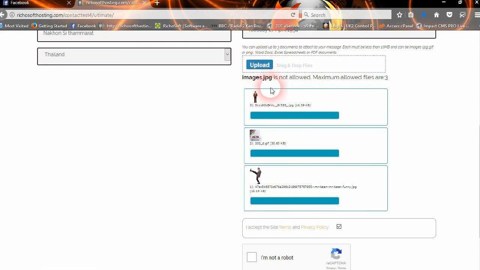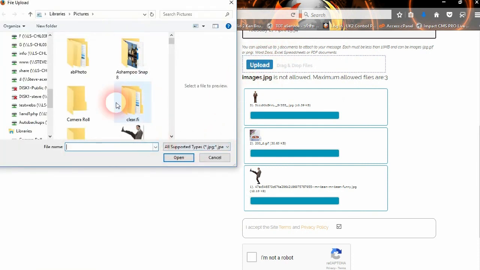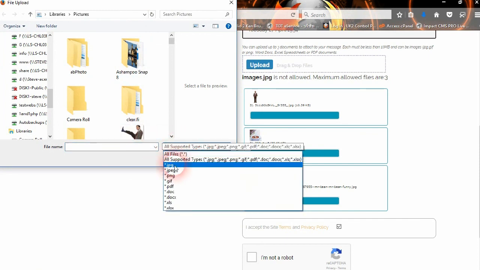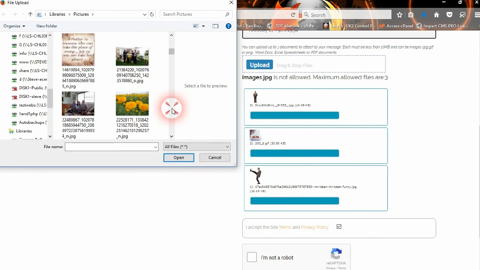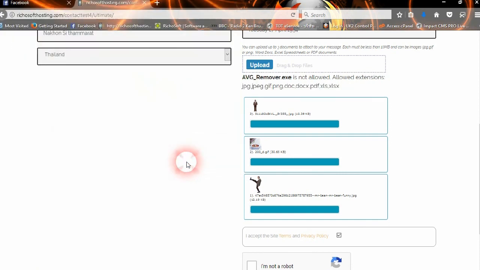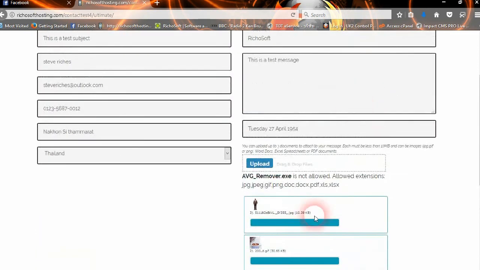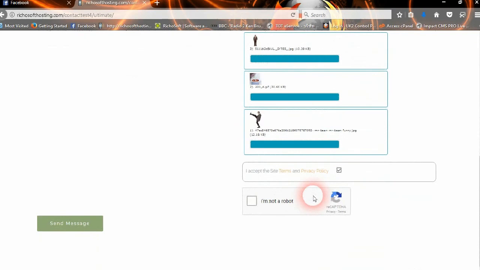And if we try to upload a file that's not an allowed type, then again we would get a message. But the browser will filter it into the allowed supported types. If you select all files, then it goes outside the allowed types. So if we try to upload an exe file, you can see it is not allowed, allowed extensions are, and so on and so forth. Okay, so now we've added our files to send, we've completed the form, and we now